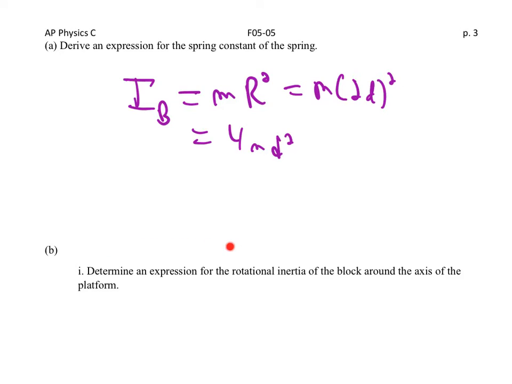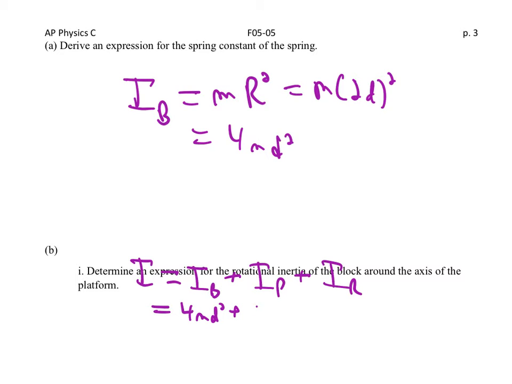Subpart 2, derive an expression for the rotational inertia of the entire system about the axis of the platform. And since they're all around a common axis, it would just be the block plus the platform plus the rod. And no parallel axis shifting because they're around it. And then it's kind of weird because in the table they gave you these, except for the one we just found, 4md squared plus